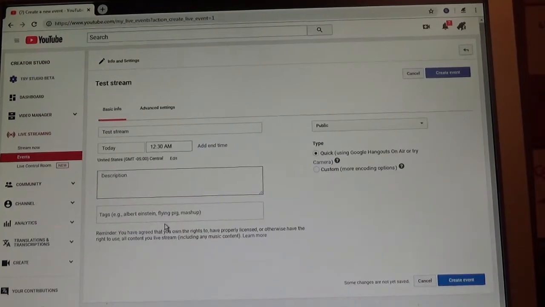Alright, and then I'm going to hit description and just say, test. You can put whatever you're going to be talking about, or highlight any guests, so that will be in your descriptions. Now the important part of this is going to be this top option here, type. It's going to be quick, using Google Hangouts on air or try camera. Okay, this is what you want selected. If you're using Google, Hangouts is in there. It's just part of Google. So I'm going to hit Create Event,